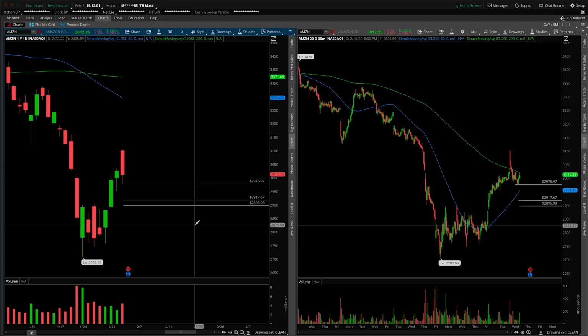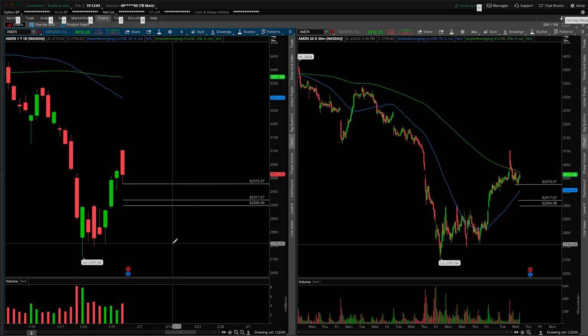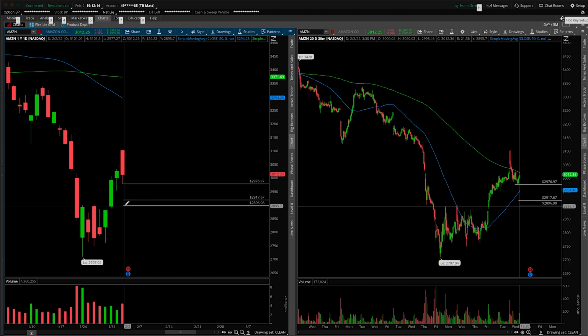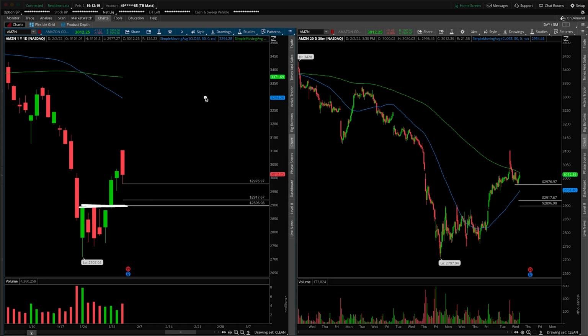What I do think is fairly interesting about the chart, at least as of right now, is the fact that the overnight low just kind of made it to the top end of that area of balance here on the daily. So it's not like we're completely getting obliterated in Amazon like we did in Facebook, but we are lower. As long as this offers some support, then I would watch for scenario number one to be the gap and trap. And what that looks like is opening here, failing to get back down into that area of balance underneath the overnight low, essentially looking for longs up and through the opening print to close the gap to today's low at